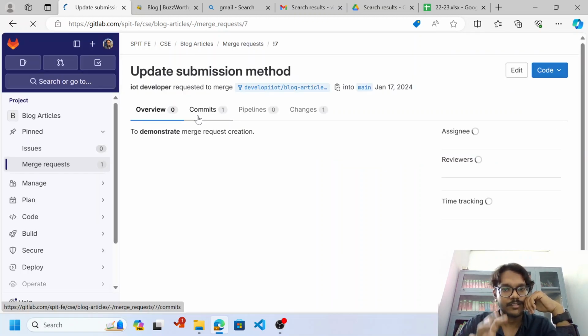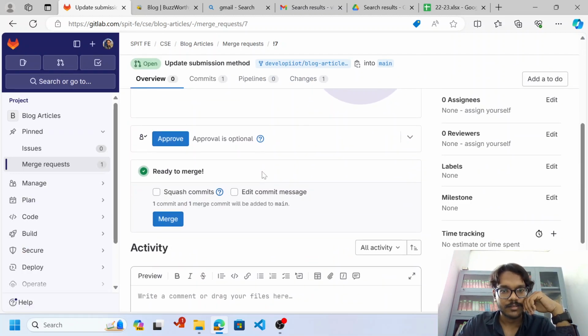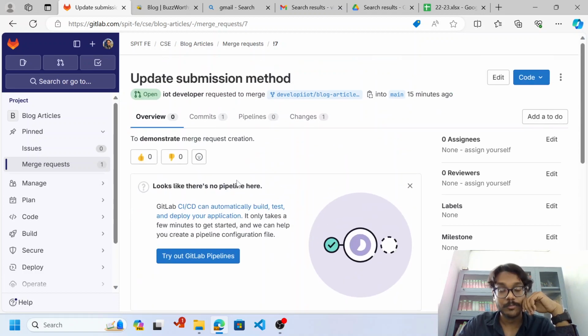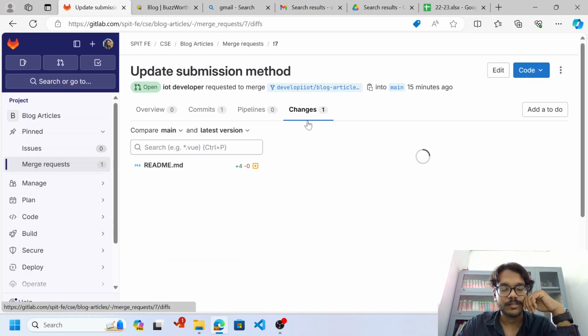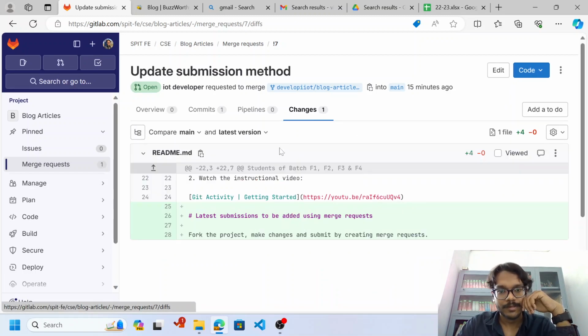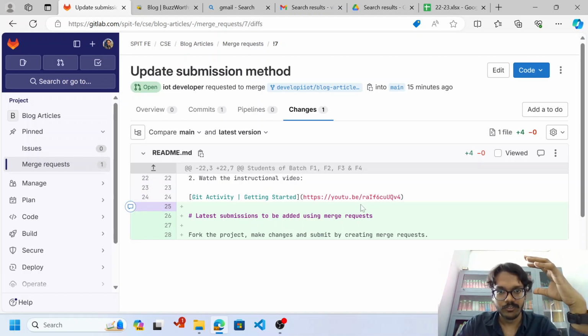Now I'll check that merge request. It says it is ready to merge, but let me check out what changes have been made. So I'll click the changes tab, and I can see that these lines have been added. Okay, so this is what this particular change was. Now that I'm sure that I want this change in my repository, I can go back